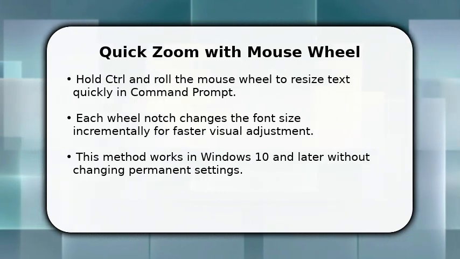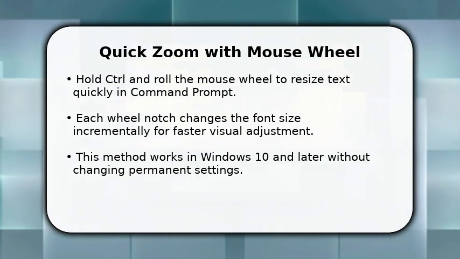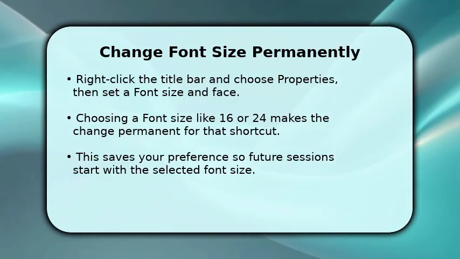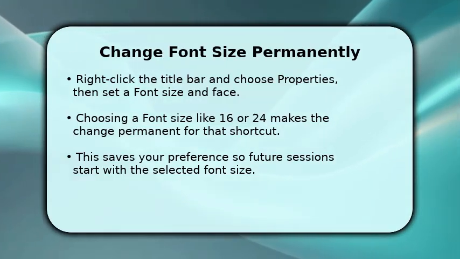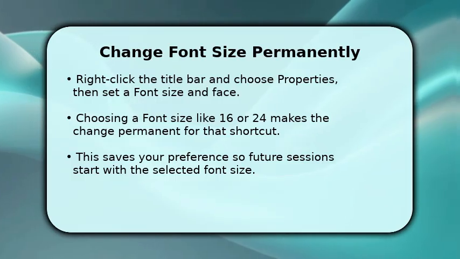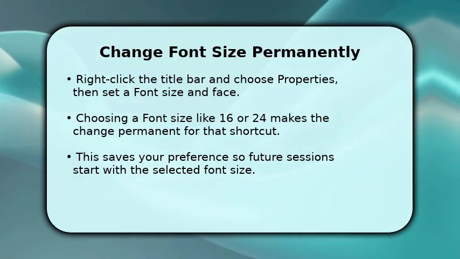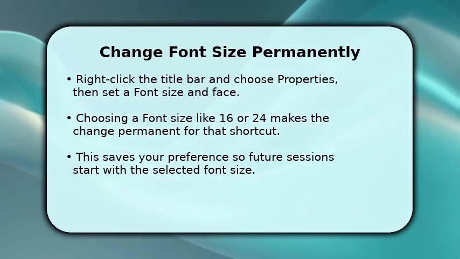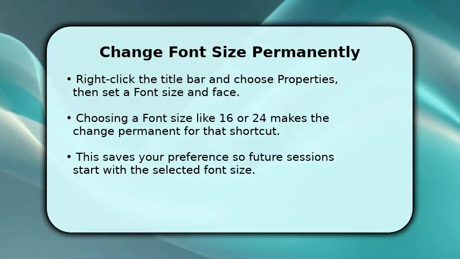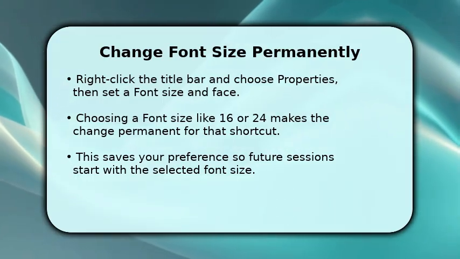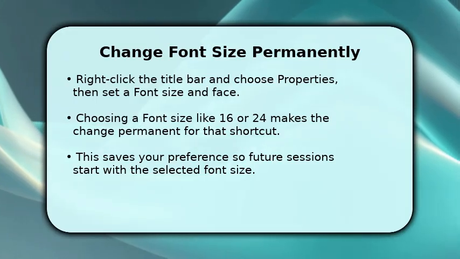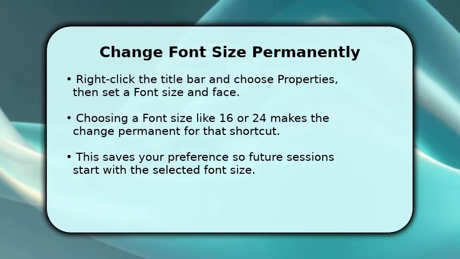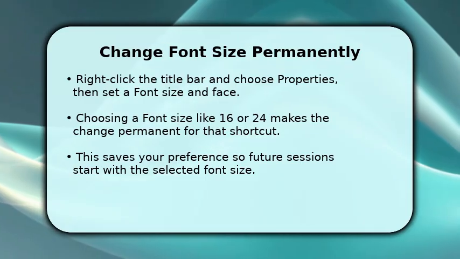Right-click the command prompt title bar and select Properties from the menu that appears. Click the Font tab, choose a font face, and pick a specific font size, such as 16 or 24, to suit your eyesight. Click OK to apply changes. Some systems require you to open a new window to see the saved size. This method permanently updates the shortcut or console host settings, so future command prompt sessions load with the preferred, larger